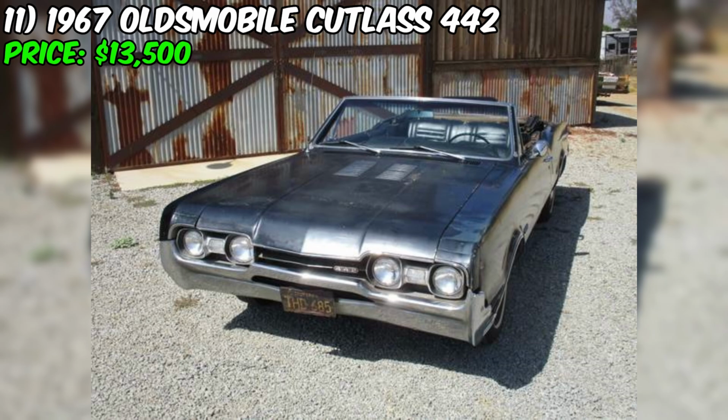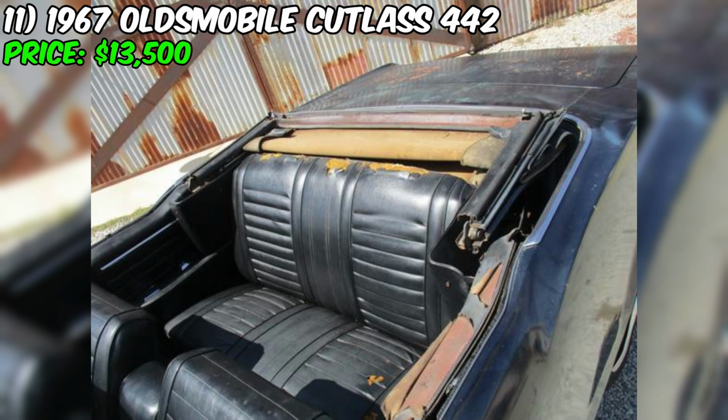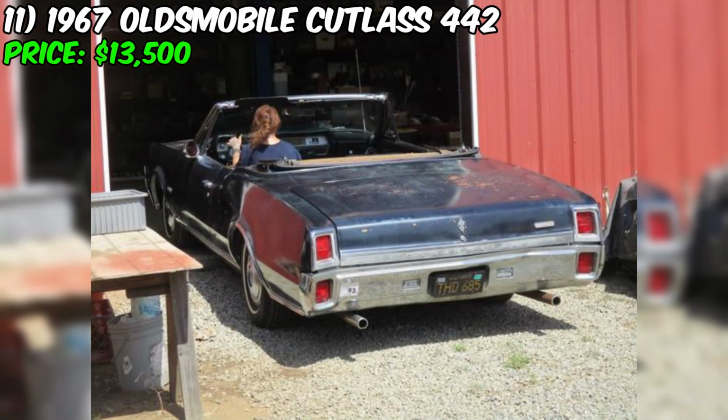As always, I recommend doing your due diligence before making any big purchases. Ask the seller for more details about the car's history and condition, and consider getting a professional inspection if possible. But if everything checks out, this 1967 Oldsmobile Cutlass 442 convertible could be a great addition to any classic car